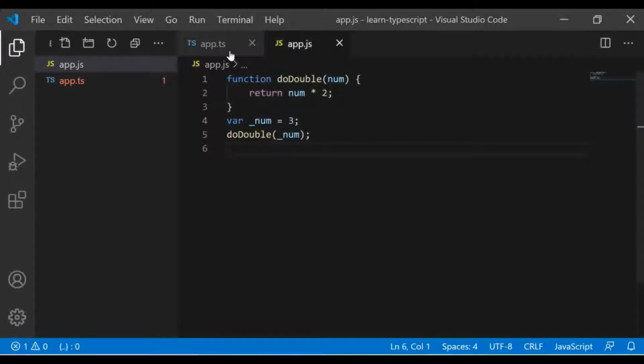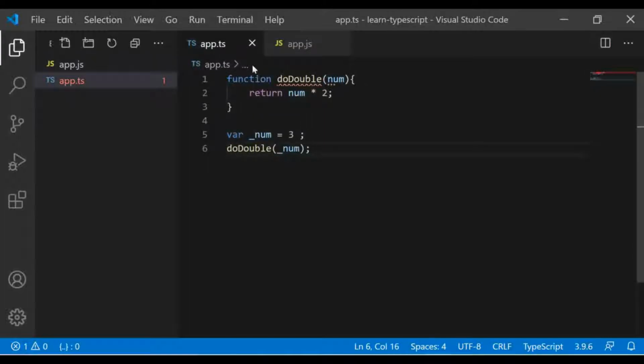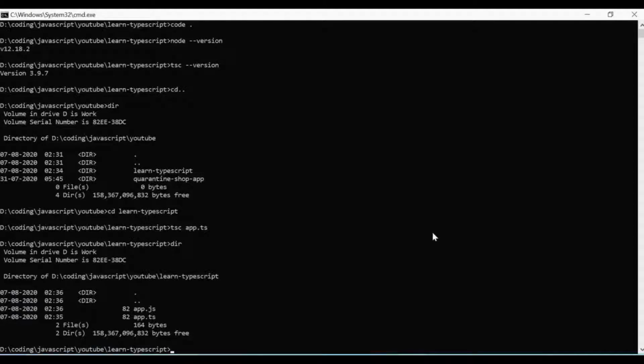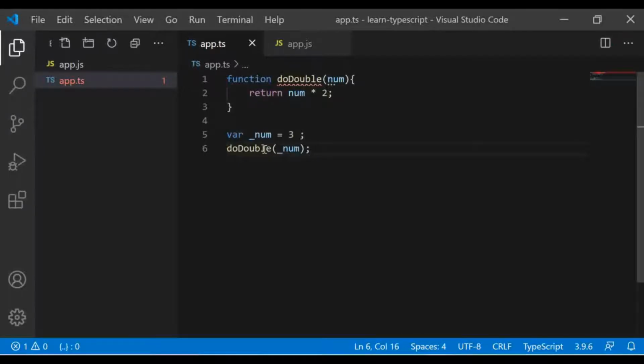So this way we can see that all the valid JavaScript methods, whatever we were writing in JavaScript, is actually valid TS. So Node is capable of executing JavaScript. Okay, so like a normal JavaScript file, we'll type node space app. The extension is optional. I have not logged anything to the console, so it will not return anything.